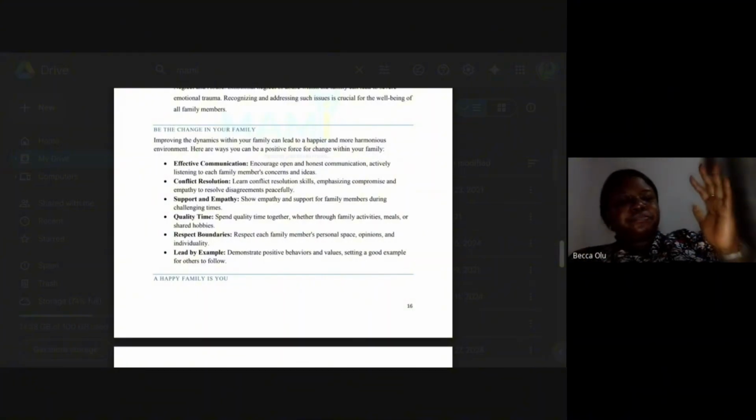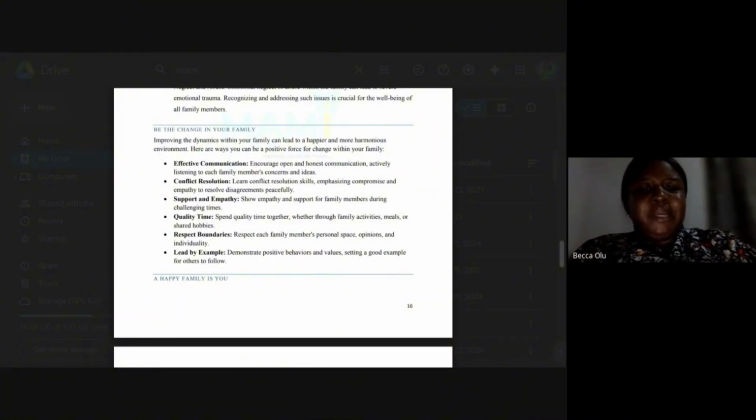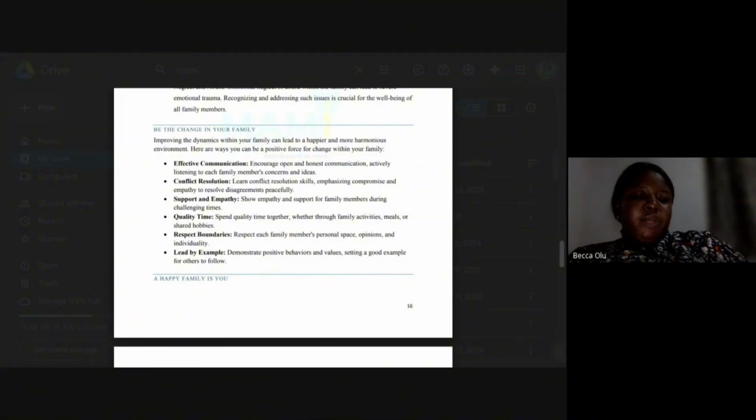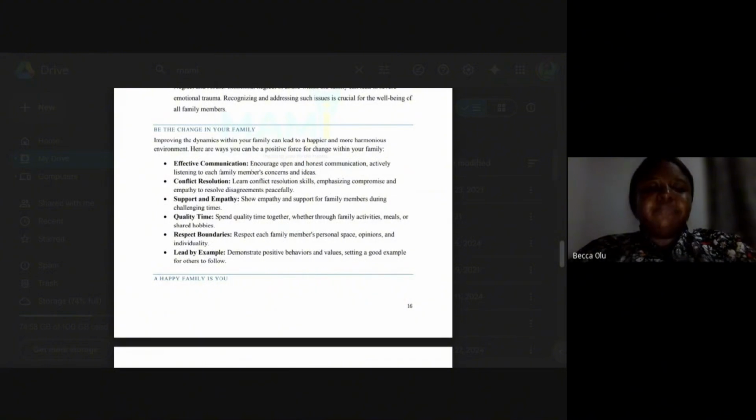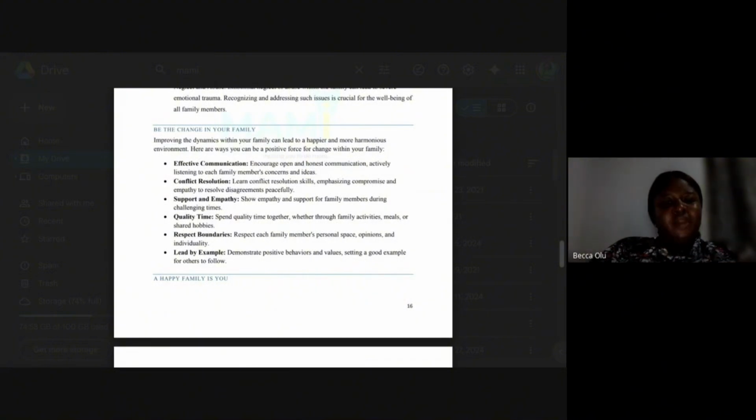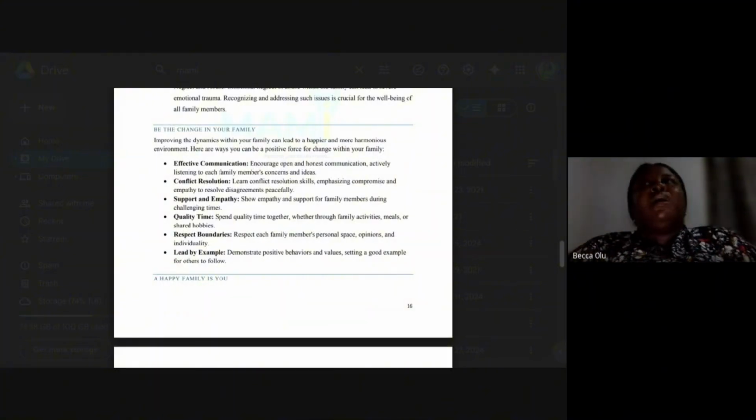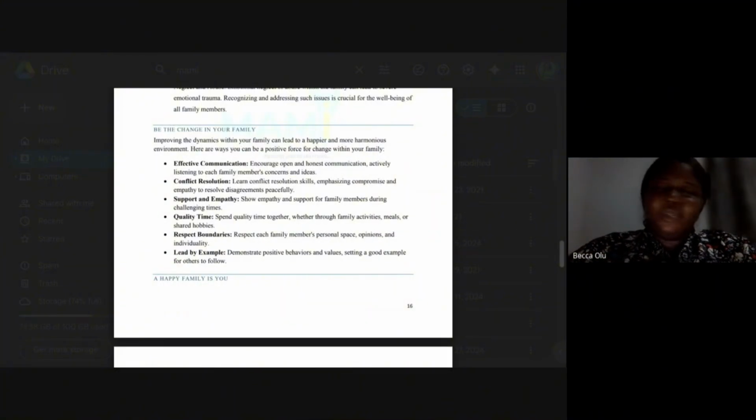So improving the dynamics within your family can lead to a happier and more harmonious environment. Here are ways you can be a positive force for change within your family. Number one, effective communication. Encourage open, honest communication. Actively listen to each family member's concerns and ideas. When your mom is upset, or any of your parents or your siblings or anybody in your family is upset, and you are also upset,